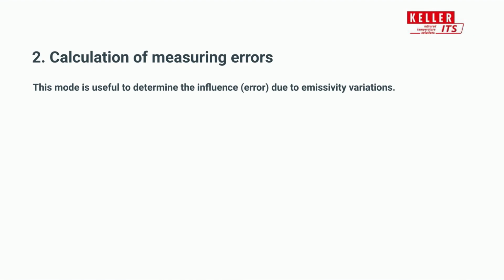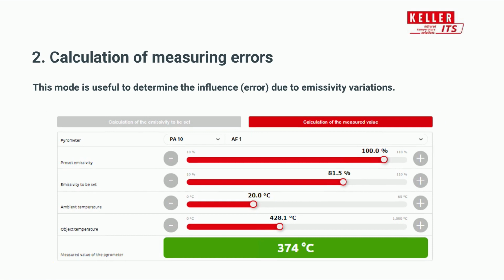The second possibility to use the calculator is to determine the influence to the measuring values if the emissivity varies. For calculating this, easily select the pyrometer model and set the emissivity of it. As a next step, you can set some possible new emissivity, which means the variation. And last, also set the true object temperature from your reference measurement. The differences between the results and the real object temperature, in order to the emissivity variation, will give you a feeling for the temperature readings of your pyrometer if the emissivity changes.